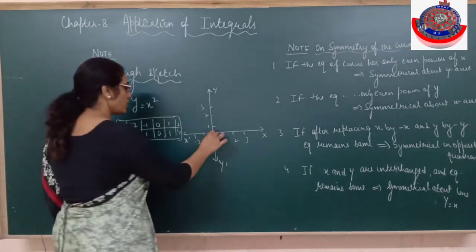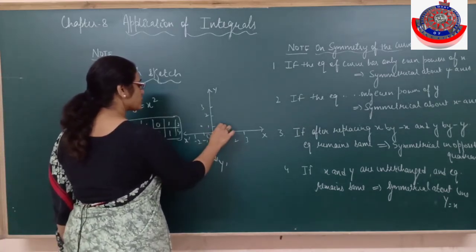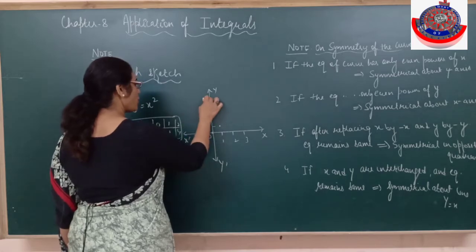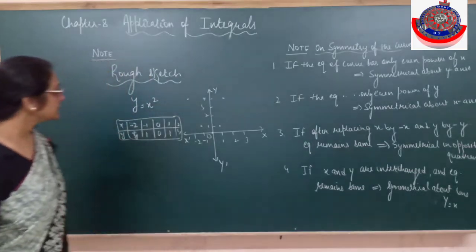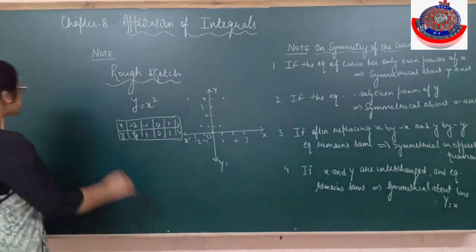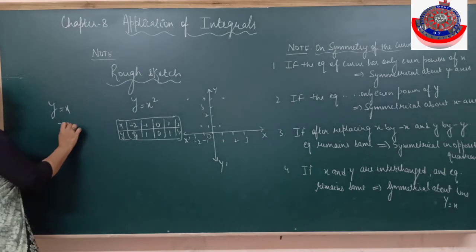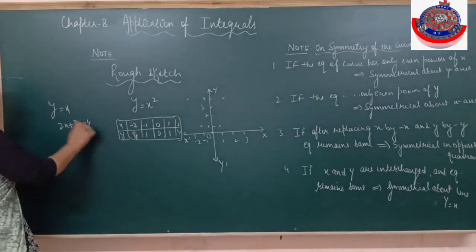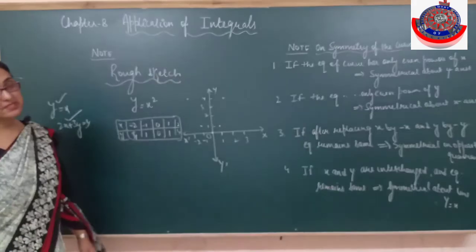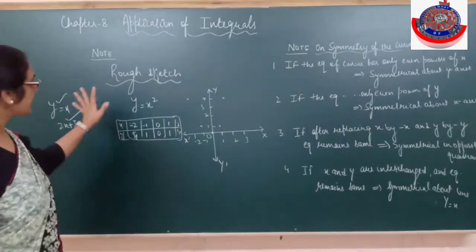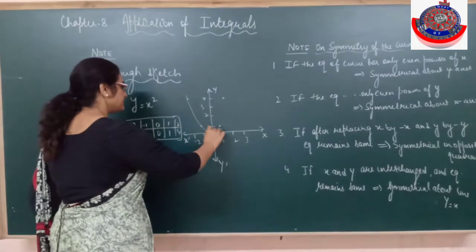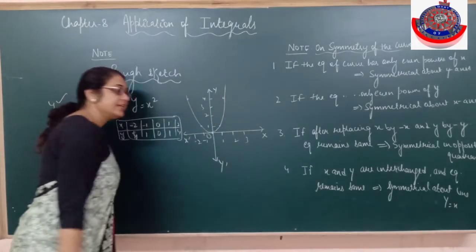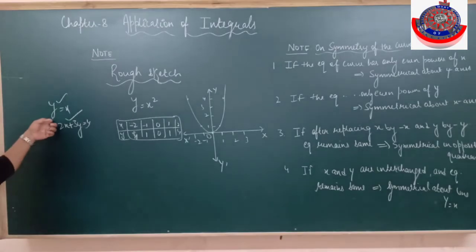So at 0 it is 0, at -1 it is 1, at 1 it is 1, at -2 it is 4, and at 2 it will be 4. And you know that other than the linear, if the curve is represented, suppose y is equal to x or 2x plus 3y is equal to 4, a linear equation means it represents a straight line. Other than that, all the figures which you are plotting, you will be joining with a free hand. Other than the linear equation, is it clear? Because it represents a straight line, you will be joining the points with the help of a scale.